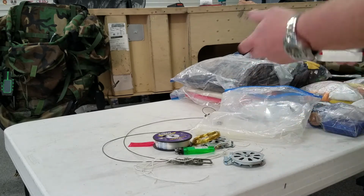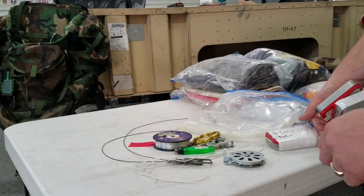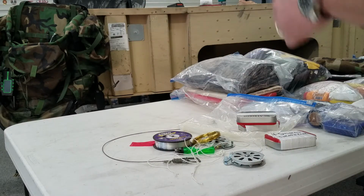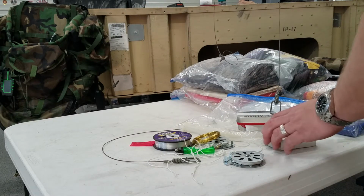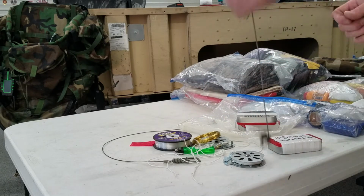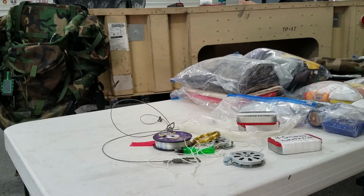There's some zip ties in there. I'm not going to take those out. This is 4 snares. These are Dakota line snares. I just stuck 4 of them in here, and then I found those 2. So I'm going to add those 2 in there. So I'll have 6 snares in there. It's not to say that I can't